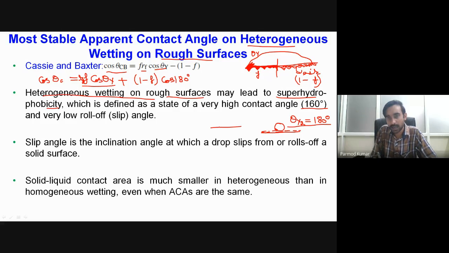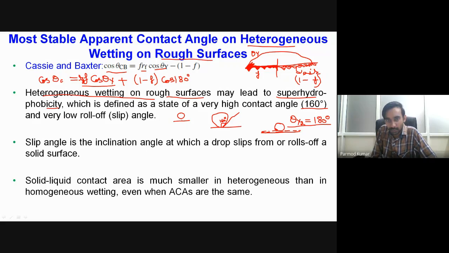So we can see over here our droplet profile will be something like this. From the liquid side, if you measure the contact angle, it is very large, as much as 160 degrees. If it is 160 degrees or greater, we call the surface a superhydrophobic surface. This angle is the contact angle, and if we allow a droplet to impact these types of surfaces, the droplet will slip off from the surface. So the condition tells us: high contact angle and very low roll-off or slip-off angle.